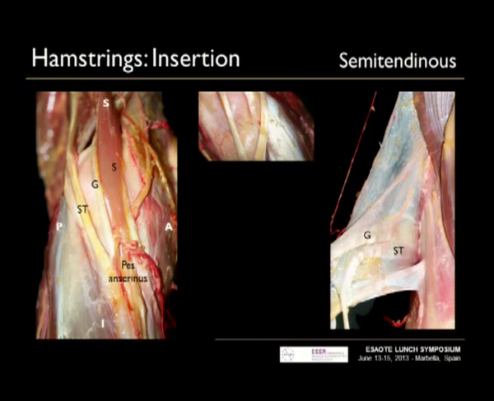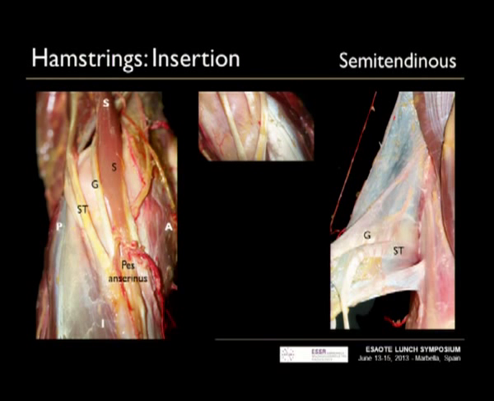In this picture, we can see the sartorius. Its muscular fibers arise just until the pes anserinus, the gracilis in the middle position, and the semitendinosus in the most posterior position. Also, we can see here how this tendon inserts in the pes anserinus, but in the periosteum of the tibia, but also gives some expansion to the fascia that covers